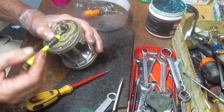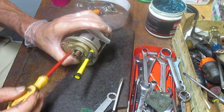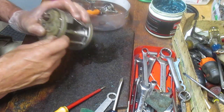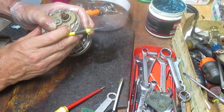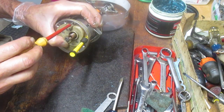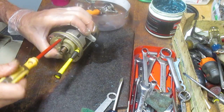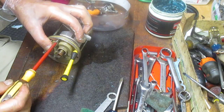So here's a trick. If you're having trouble finding the hole with the reel seat, use a pin or some other guide to locate the holes and steady it on the one side so that you can put the screw in on the other side. In this case, I'm just using one of those micro screwdrivers. It seems to work fine, and eventually you'll find the